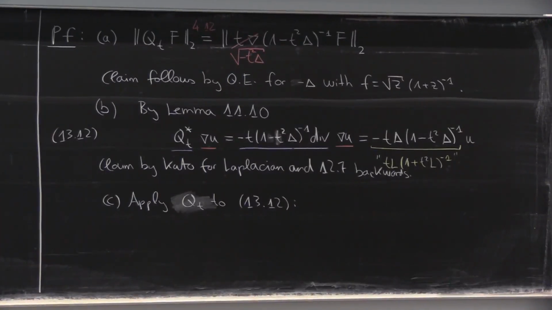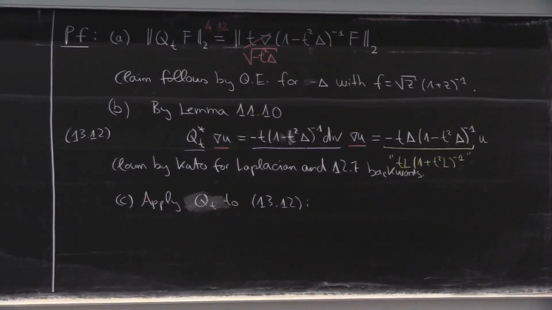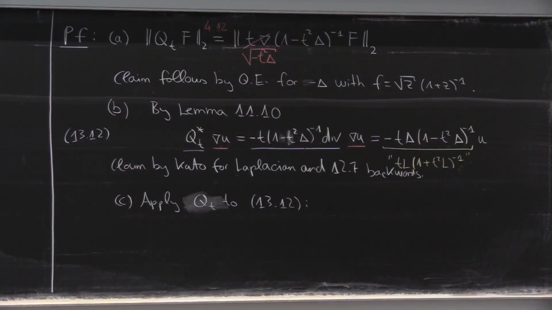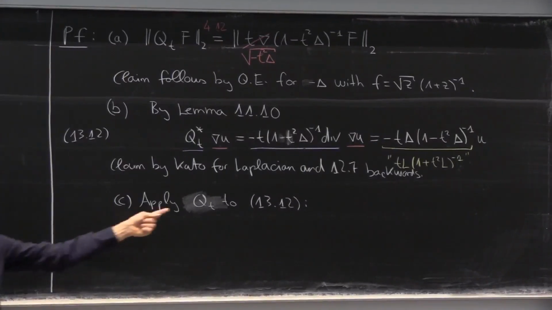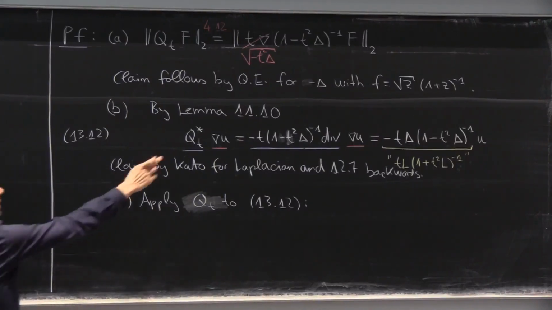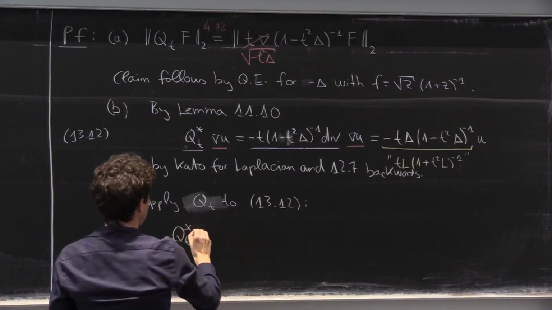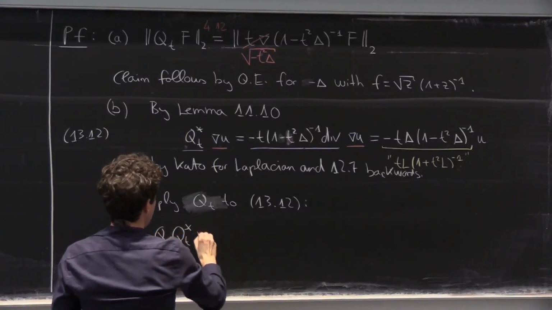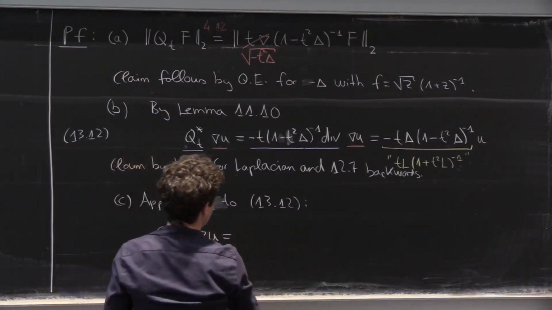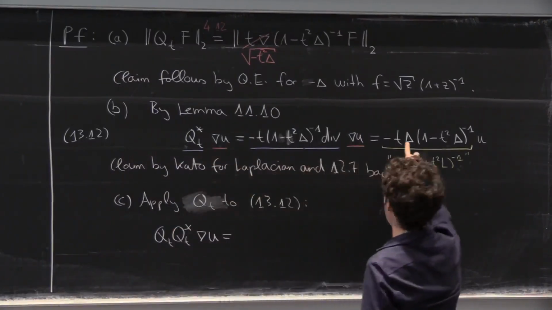Now, similarly to what I've shown you up there, I can switch to Fourier, and I see that I can compute any object in the calculation as I want. So the q of t is going to introduce an additional gradient, an additional resolvent, and using the Fourier transform I can place the additional gradient and the additional resolvent at a spot of my choice. So I take this formula, I need to introduce on the right hand side a t, a gradient and a resolvent. And so how am I going to do it?